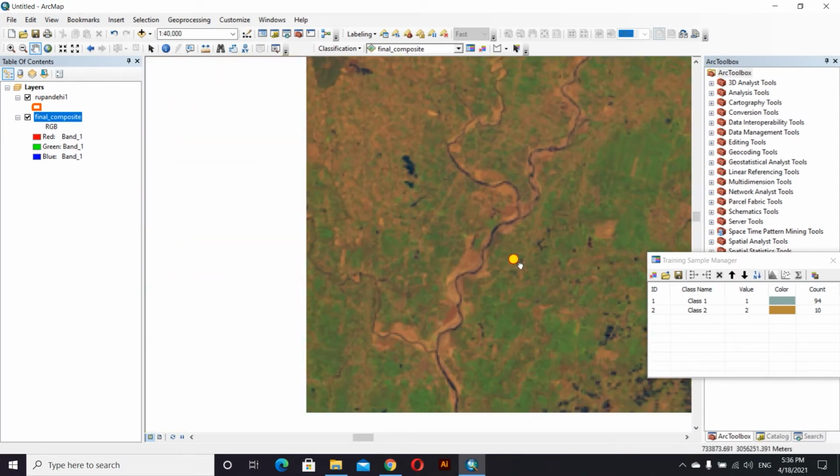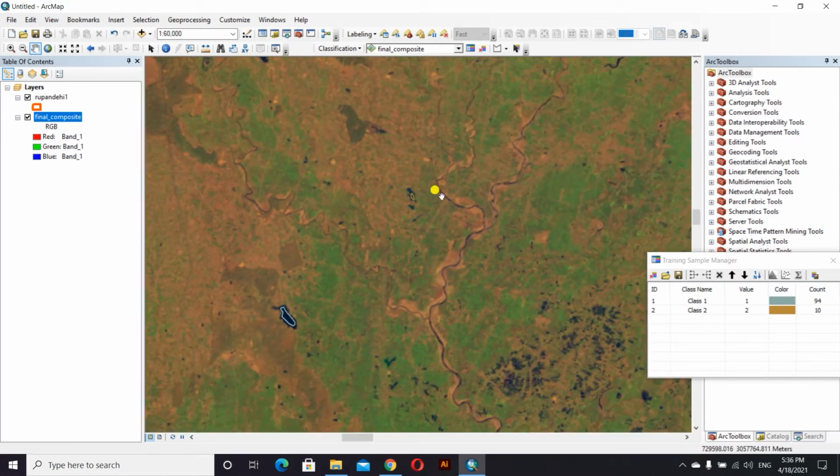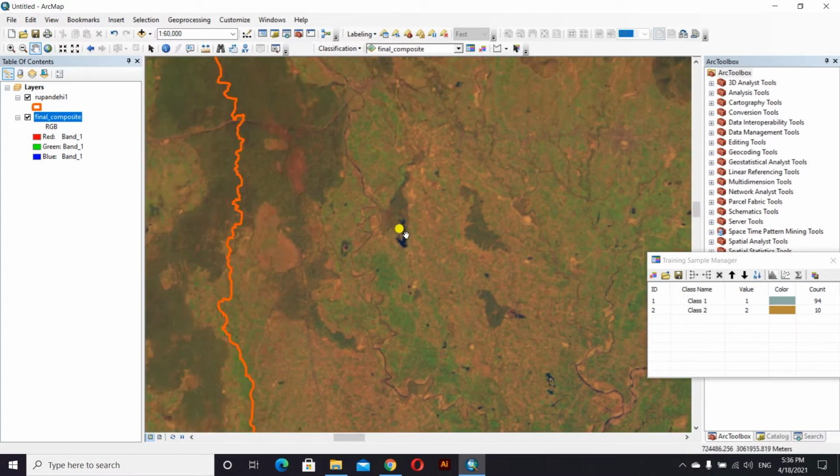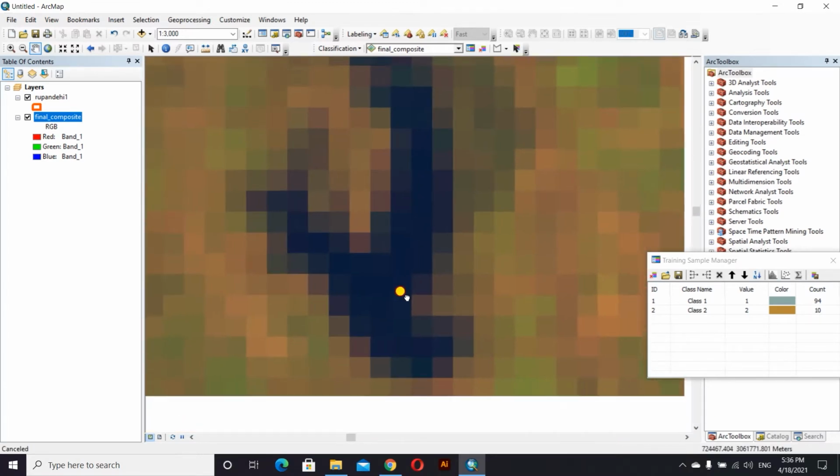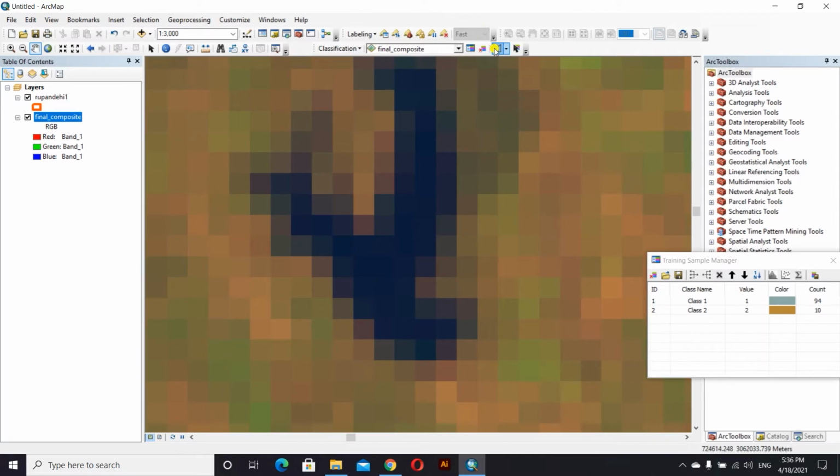For accuracy, the more samples you increase, the more accurate your classification will be. So here is another water body, so I'll again select this sample. This is the third sample.